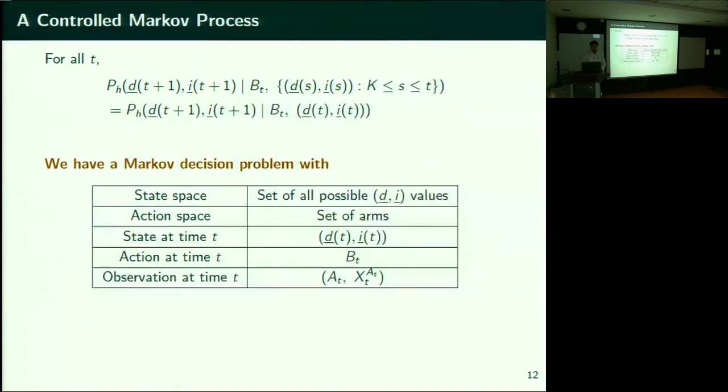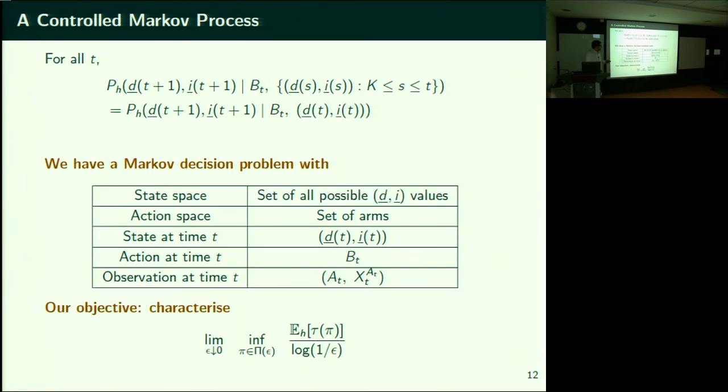For the Markov decision problem, I need to tell you what is the state space, what's the action space, what's the transition probability. So the state space is the set of all possible delays and last observed states. Action space is the set of arms. You apply a control by intending to select a certain arm. That's your action. The state at time t is your d_t, whatever it was at time t. Your action is which arm you intend to pull. But then that may or may not get pulled, it trembles and something else gets selected. And the observation is what exactly got selected and what was the observation from that arm at that current time.